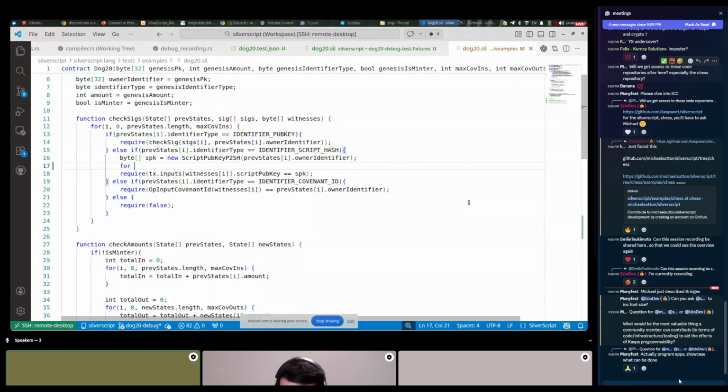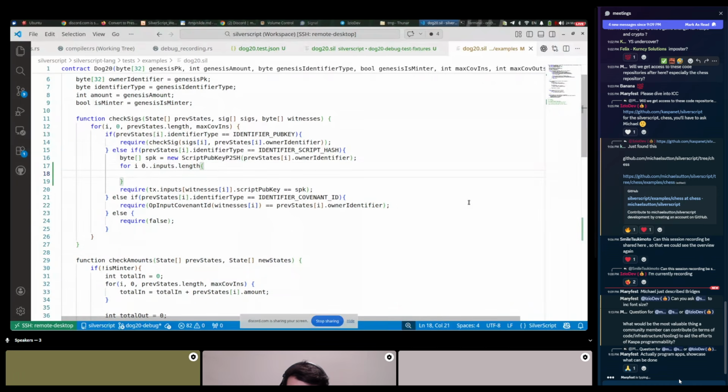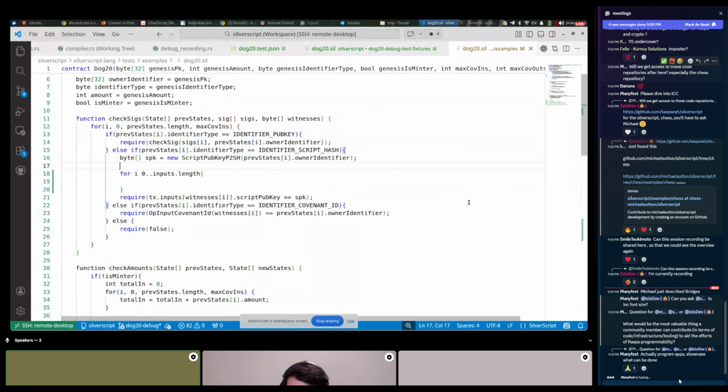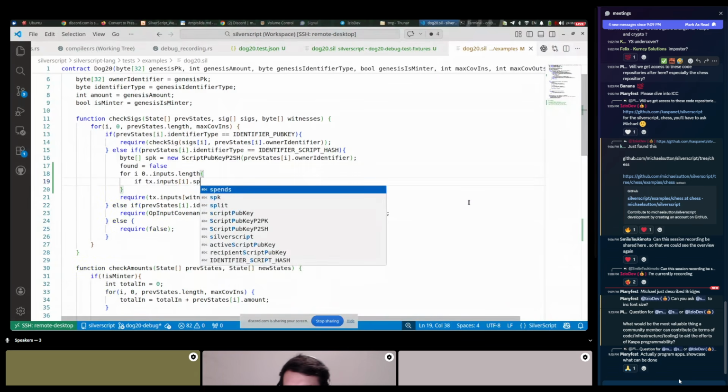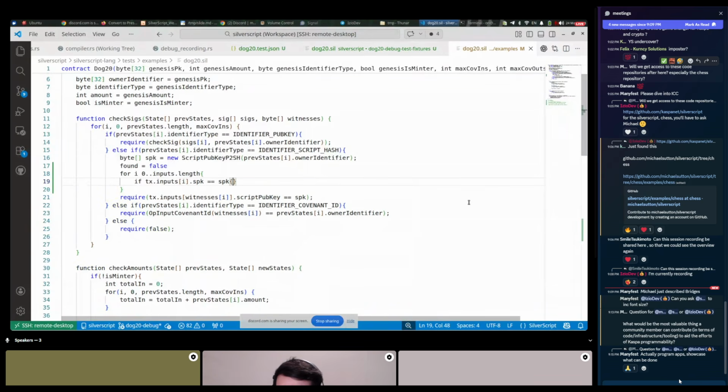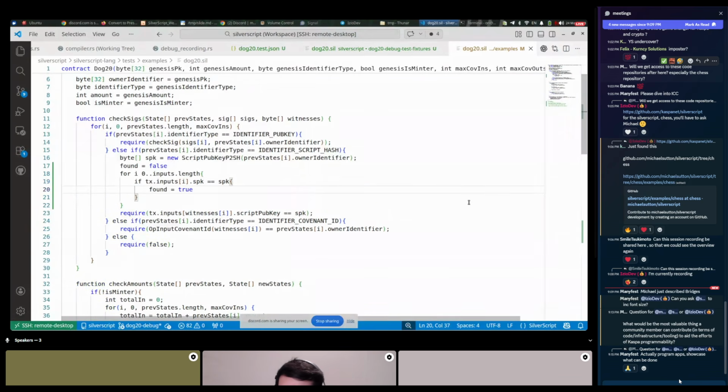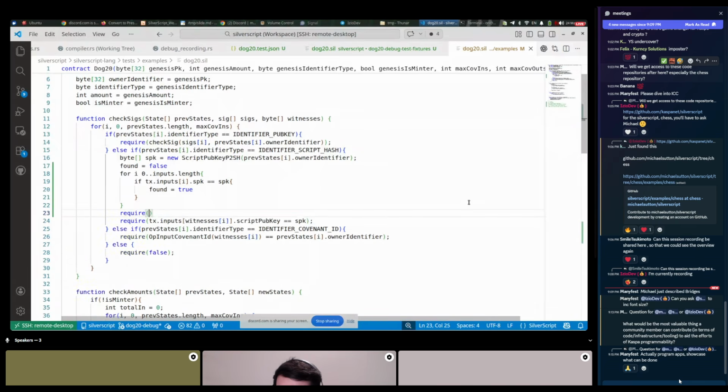Instead of doing some kind of for loop, I'm writing in pseudocode now: for i in 0 to something like this.